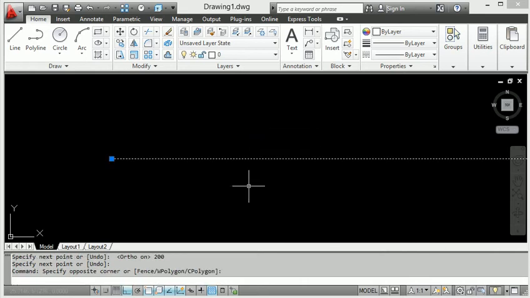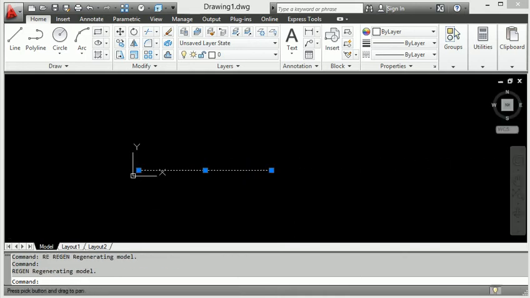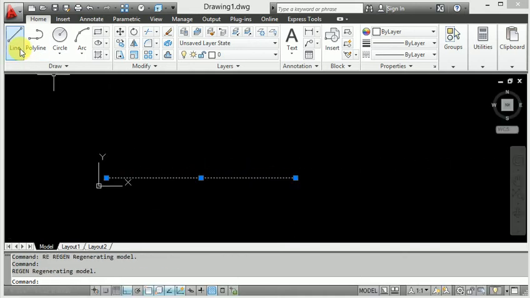So this is one way to use the line command directly, and the second is to use the shortcut key. So how do we get the shortcut key for the line command? Let's see this.